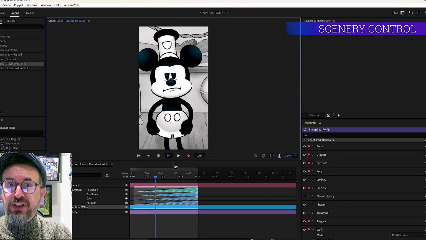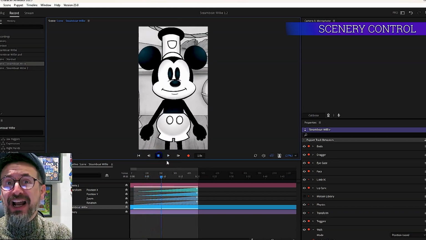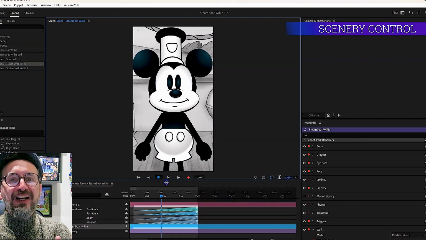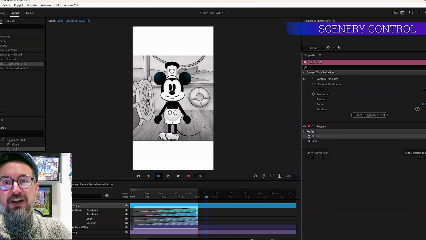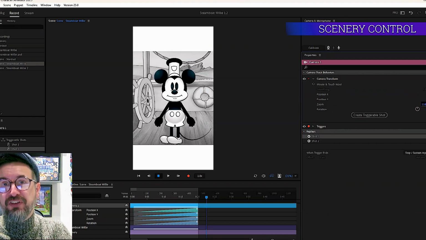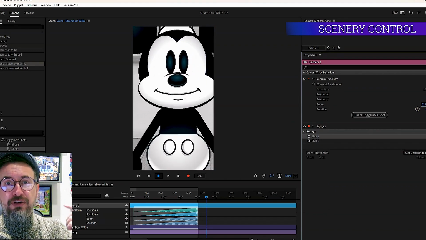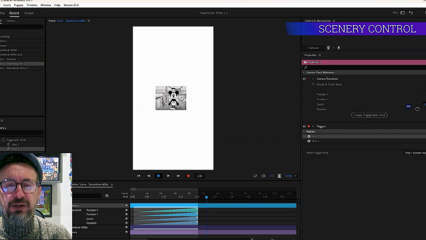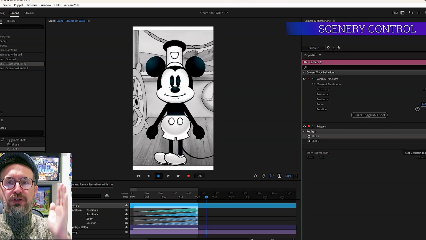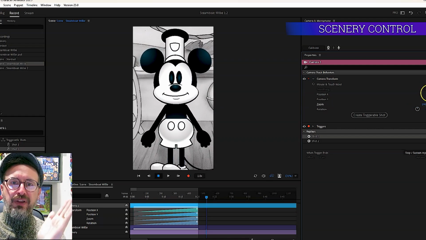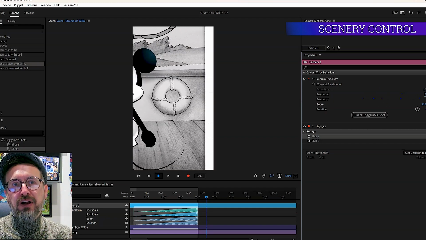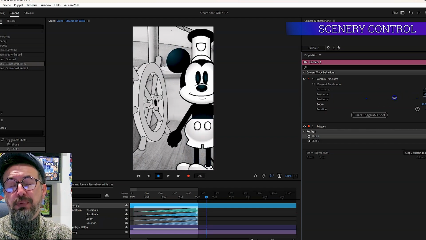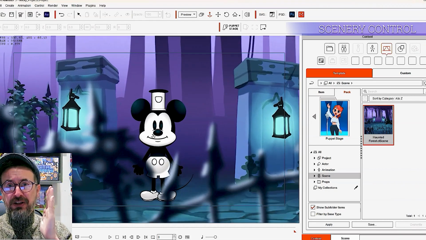Don't get me wrong, you can do a lot with the background, and I have done, but it's a bit more limited. Basically, with that one, you can only bring in still graphics to place in the background. And there is a camera system, but the camera system is more like zoom in, zoom out, rotate left and right, whereas with Cartoon Animator 5 you've got a proper 3D camera, so you can really move,